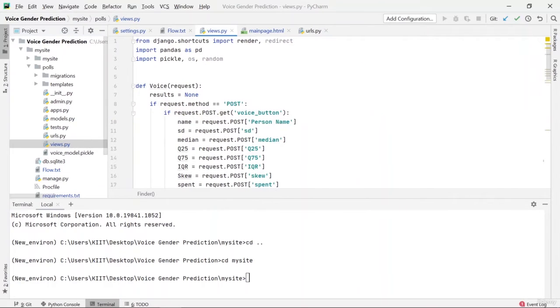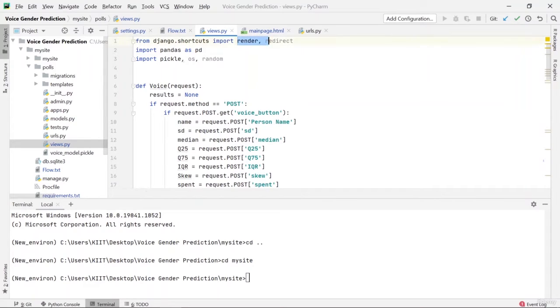So for views, only one views.py is present for one app. So you can see that in the polls app only one views file is present, and this is where all the backend work, or I would say the backend implementation occurs. Meaning, if you're handling the data, if you're modifying the data in the backend, storing the data through the backend, sending the data from the backend to the front end, all of that happens in views.py. You can see I have already imported some of the functions from Django that are render and redirect.